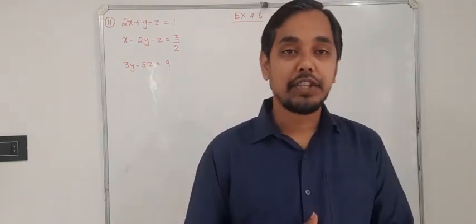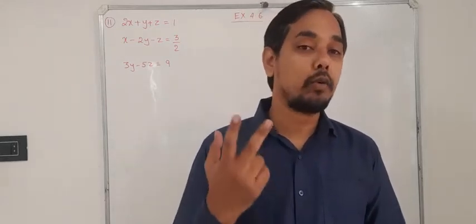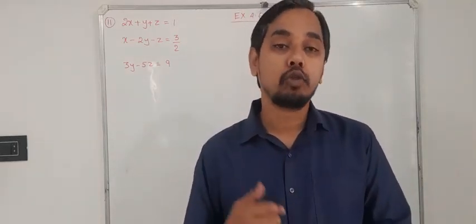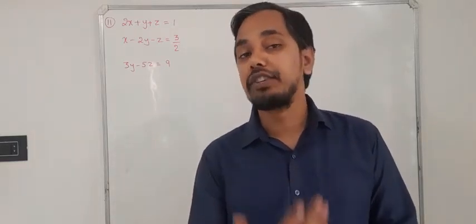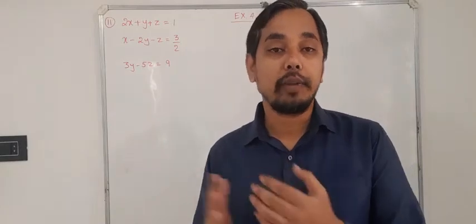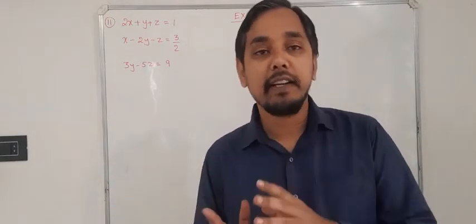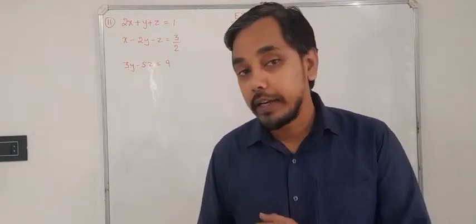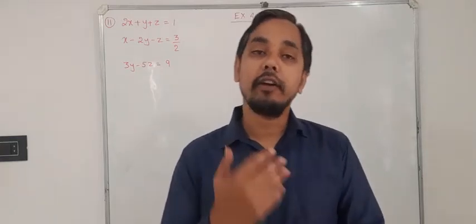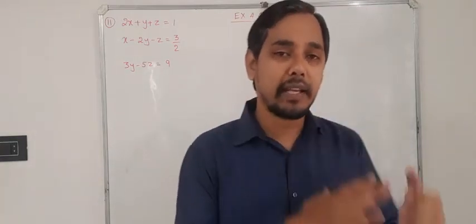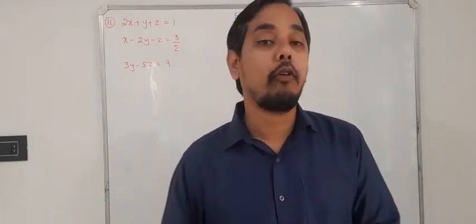But in the previous session we solved systems of linear equations in two variables. That is, only two equations were given, and we solved them. How to do that, everything I have shown here, right? But now if three equations are given, what should be the approach, how to solve? The approach is basically the same, but the difficulty here is finding adjoint A. In case 1 or 2, adjoint of A or B is to be found out. If it is case 1, adjoint A should be found. If it is case 2, adjoint B should be found, right?